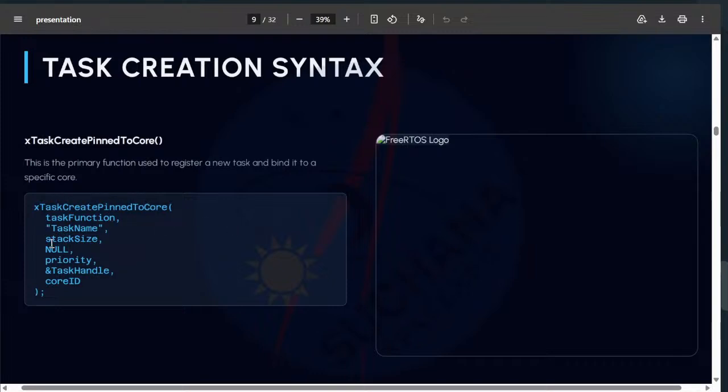It accepts around 7 parameters. Okay, we need to discuss about